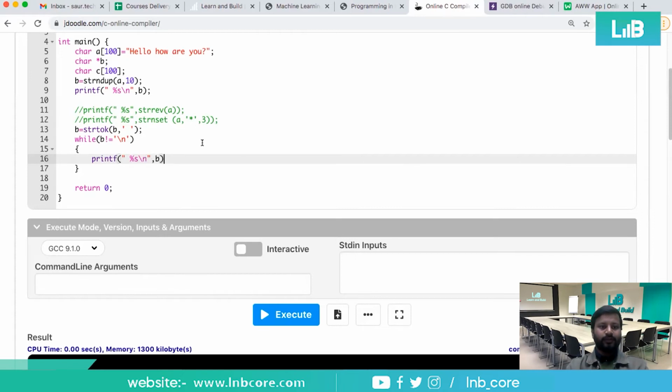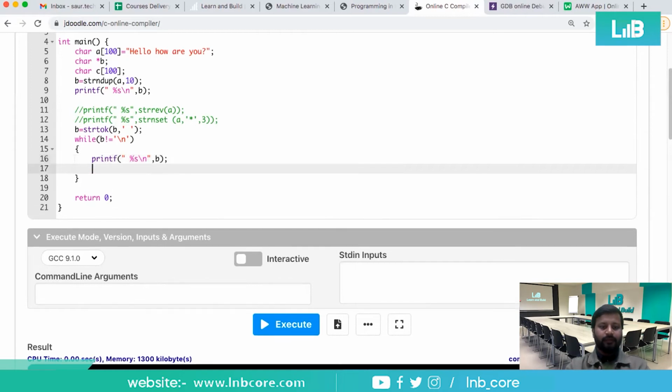Then again we need to put the same command, until the end of string, which means null, comes up. Null comes after the entire string. As soon as this string is finished, the last letter will be null. So till this last letter, this while loop will be running for every single letter. So b will be increasing automatically and this loop will be running automatically.